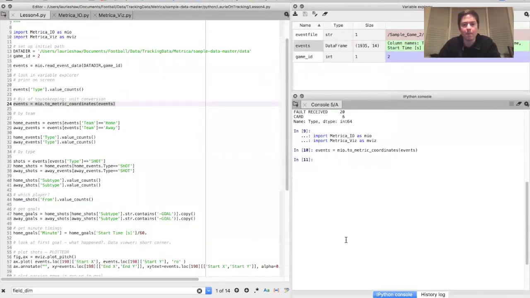Okay, so let's look at the events for the home team and the away team separately. Here we have two lines of code in which we're essentially selecting those events in which the home team was in possession of the ball, and those events in which the away team was in possession of the ball. You've seen these methods of slicing and dicing data frames in the previous lessons with David. So if you run those two lines,